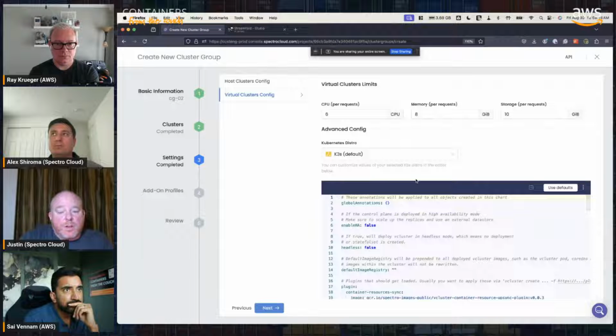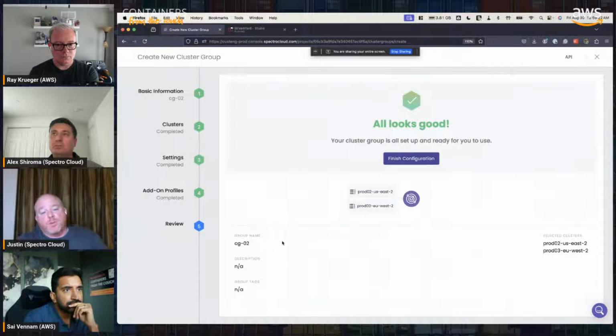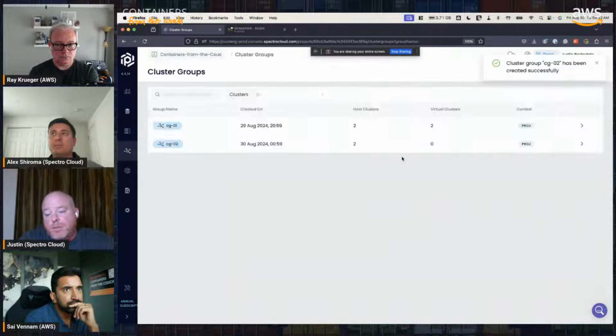A lot of different configuration elements. Again, platform engineers can set this all up, basically create. If they wanted to attach an actual one of our profiles to it, they could, to present to a developer and say, okay, here's your group of clusters, go deploy whatever it is that you want. And you can break it, you can test with it, make changes, because at the end of the day, what's being provisioned is an actual vCluster.